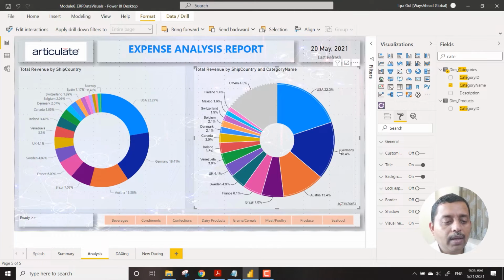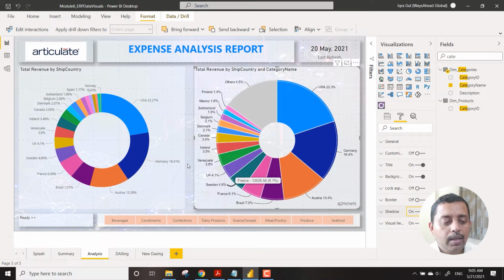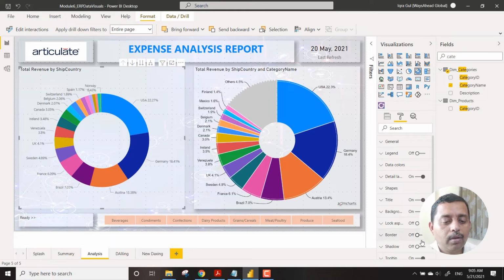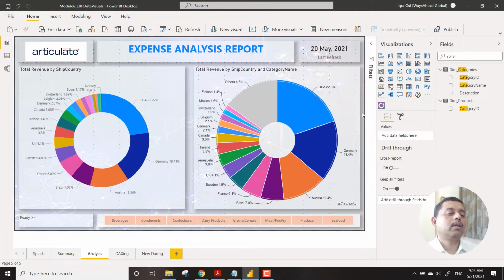So if you look at this particular chart, let's say just to give a different aesthetics look, we are showcasing this. So this is a classic example of a custom visual. Let's try and understand what is happening over here.